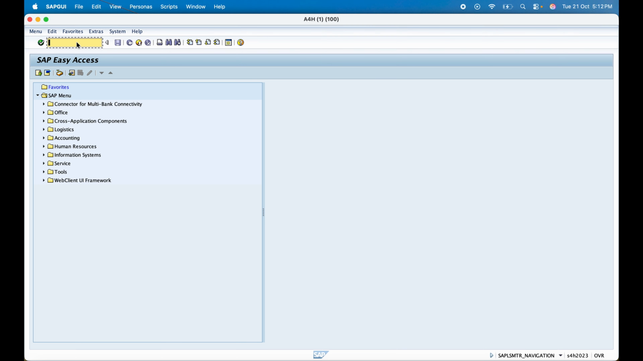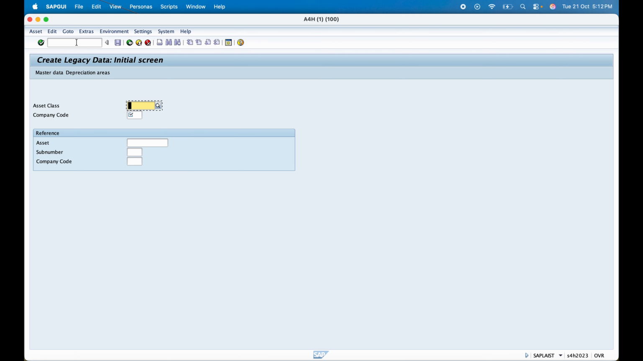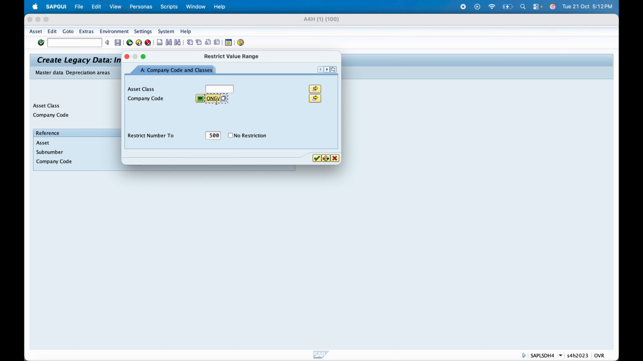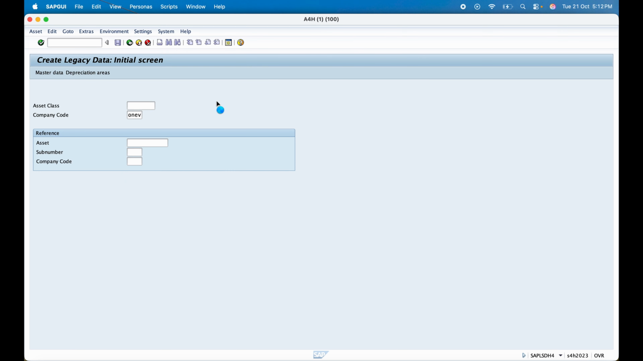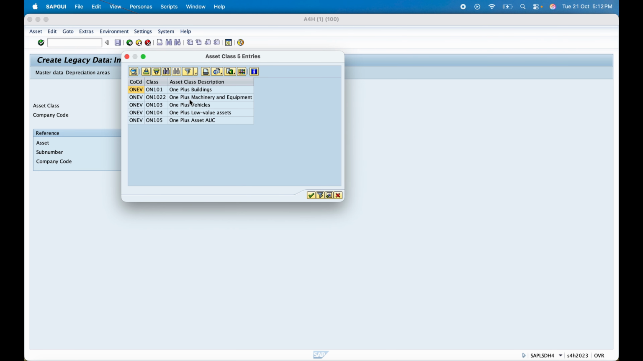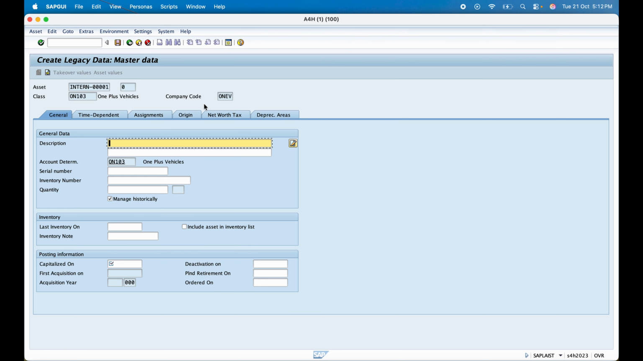First, go to transaction AS91 and create the legacy asset master data. Enter the company code, ONEV is my company code, and select the relevant asset class. So I'll be taking vehicle as my asset class. Vehicle legacy upload current year. My capitalized date is going to be 1st April